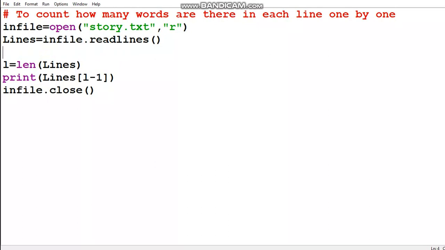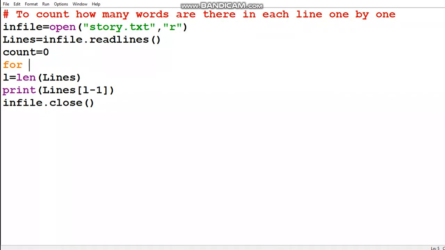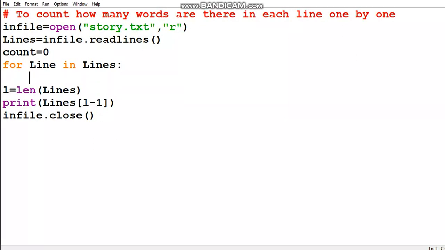A count variable, just to count the words in a line, count equal to 0. This time I'm using a for loop, depending upon the requirement. If I take the line variable, line in lines, lines has all the lines, and the first line will be fetched by this variable, and then a colon for the loop.